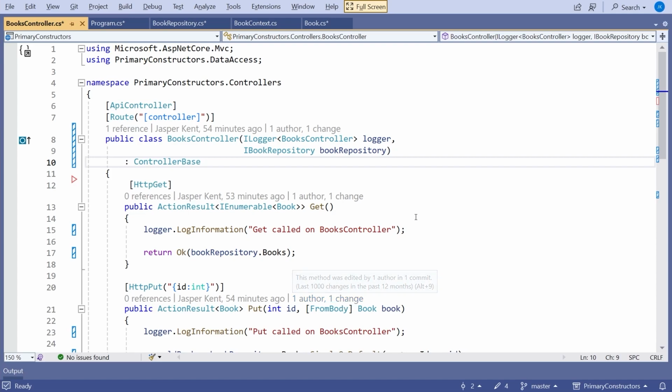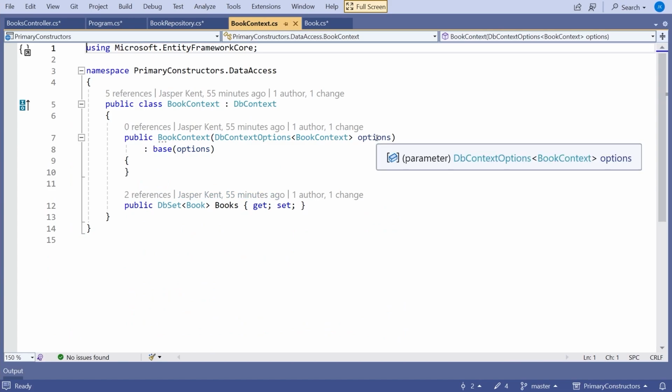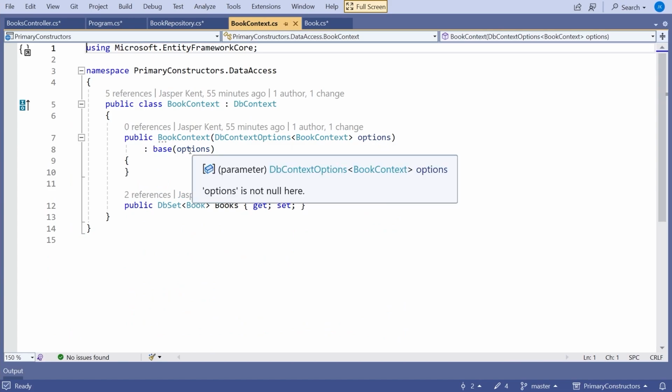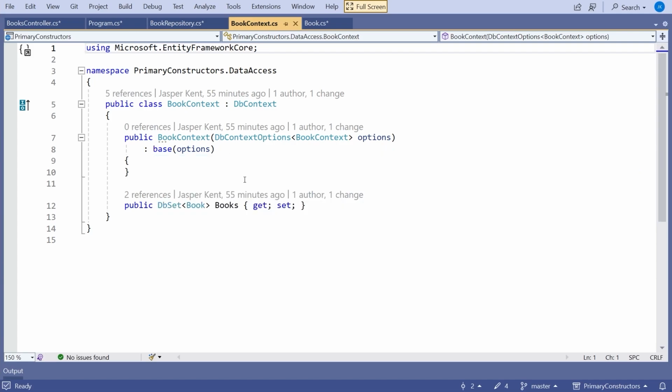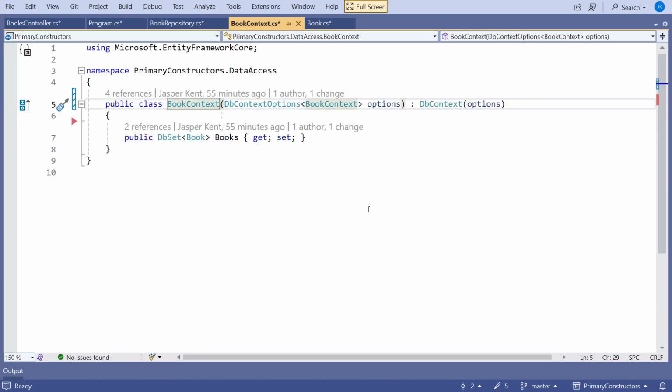So there we've got that there, and then finally we can have a look at the context. This one's slightly different because in this case, the parameters coming into the constructor need to be passed down to the base class. And so what we can see here, if we do the conversion, is it's not giving us the option to do it without fields because there aren't any fields involved anyway. So it simply does that. So you can see that you have your inheritance, : DbContext, and then you pass to the base class constructor using that syntax there. And so that now should have it all working.